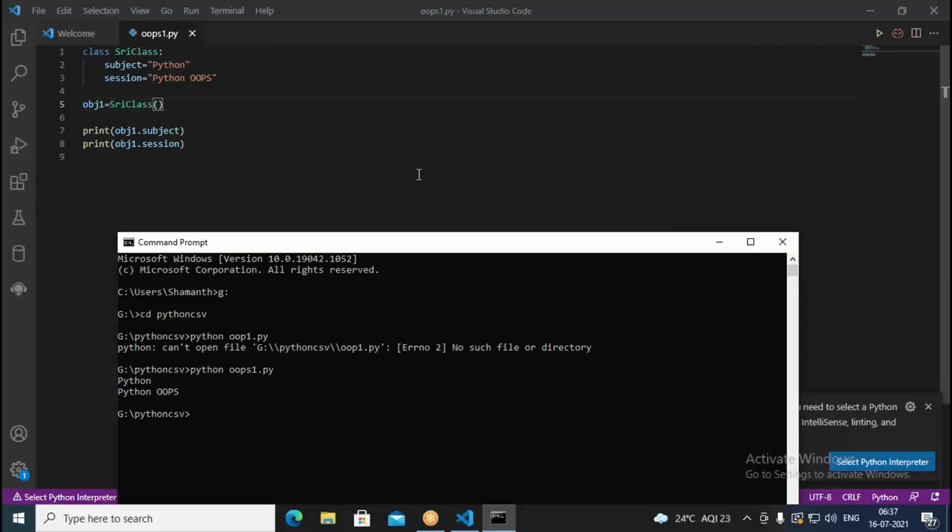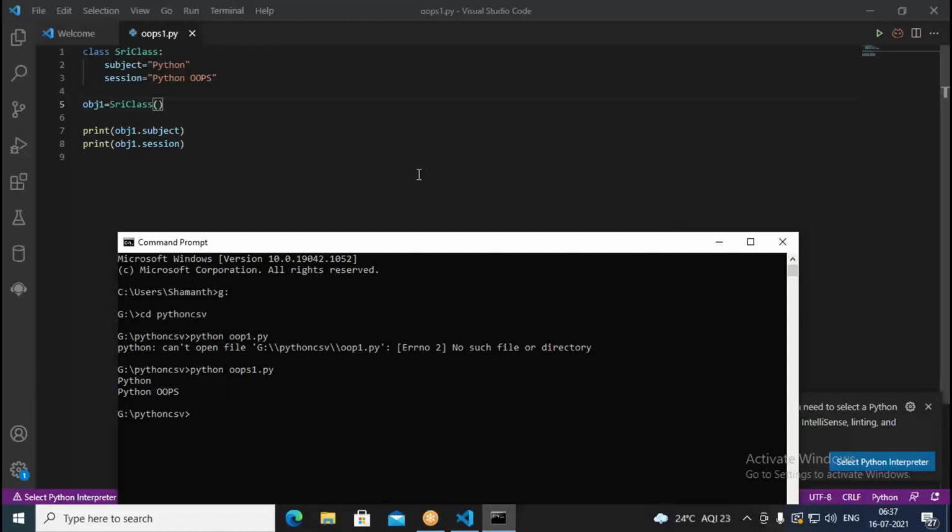Then I'm printing object 1 dot subject and object 1 dot session. So here I created a simple class, and with that class I initialized it, then printed the values.